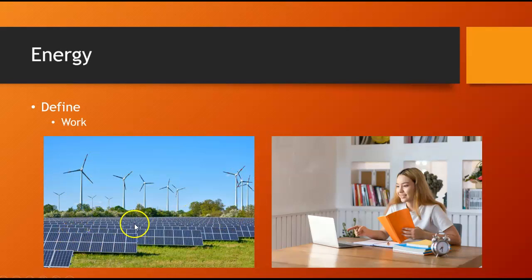With the solar panel, the solar panel isn't obviously moving. Sometimes they turn with the sunshine, so sometimes they'll have their angle follow the sun from the morning to the evening. But there is actually a lot of motion happening here. You just don't think about it. The waves from the sun that these solar cells are capturing, well, waves are moving. So we're trying to capture work that's already being done by nature so that we can make it into energy to use for ourselves